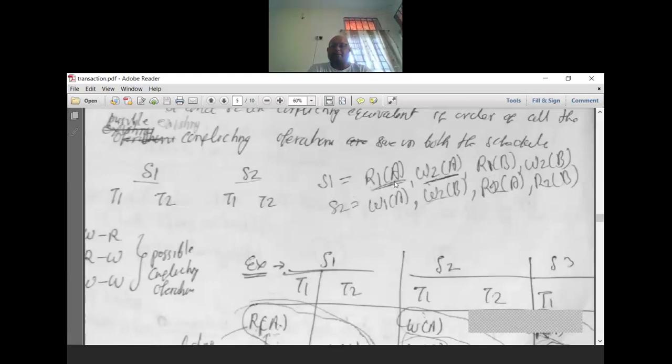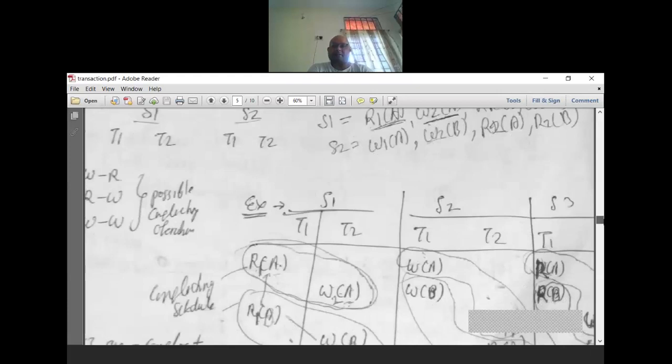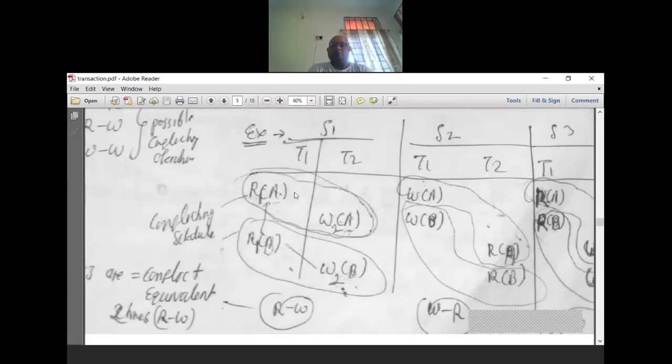This one is schedule read 1A. I have written read 1A over here. I have already explained in previous classes how to write a schedule in this format. Now I want to say when they will conflict with each other. Suppose from transaction T1 to T2, there is a read-write on the same data item. It is read B and write B from transaction T1 to T2. These two schedules are conflict equivalent schedules.